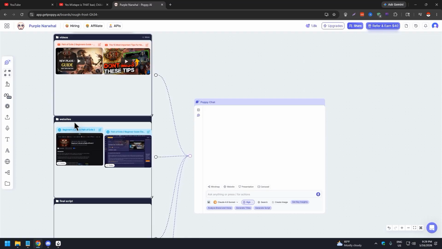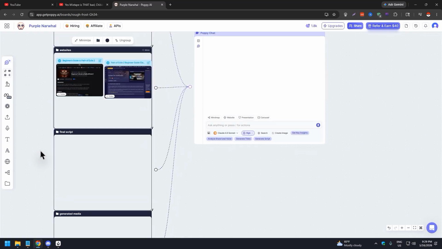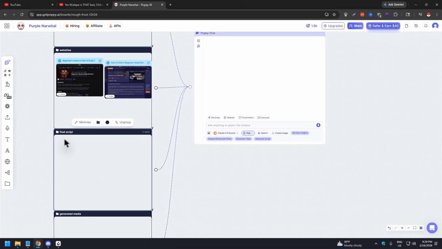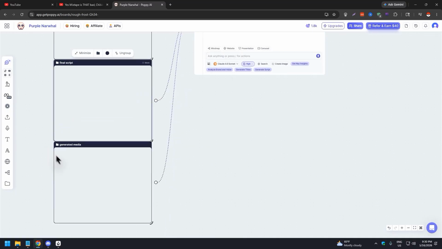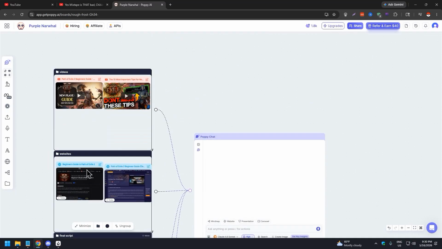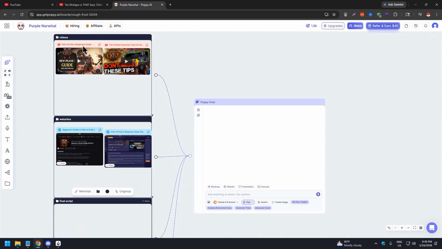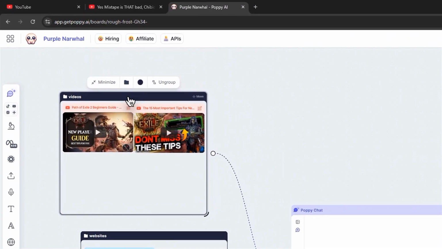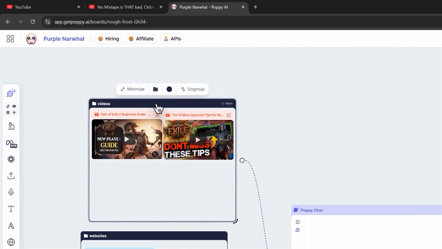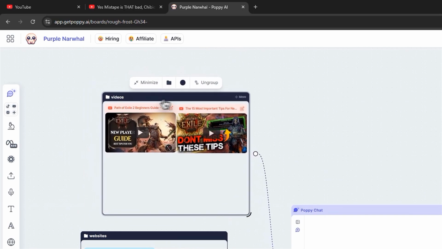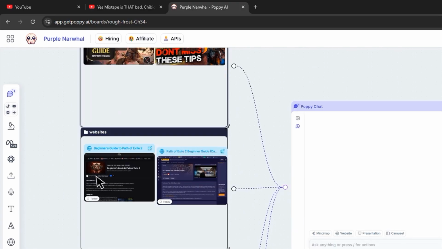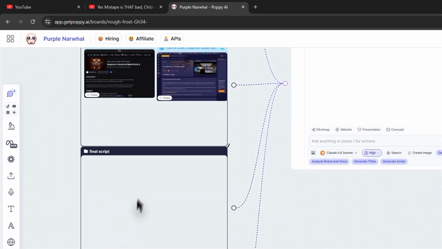I have a group that says websites, and then if I'm creating a script, a file script, or file document, or file article, however you brand stuff, and then generated media, if you're creating content. Just paste it in each group. If it's here, you know it's connected to the group, and Poppy's chatbot will read it, because if I move the group, it stays in it. So that goes for guides, websites, file script, and generated media.